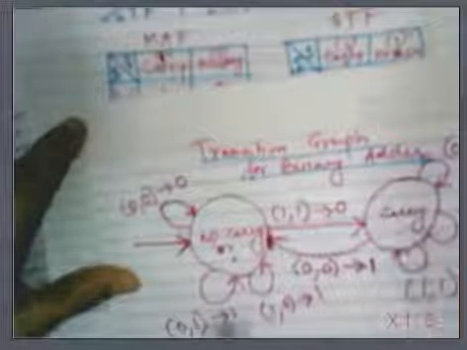So I have just mapped these two tables into this graph. Once again, I am repeating how I have prepared this graph. I have prepared this transition graph for the binary adder. Very first, what I have done, I have drawn two states. Now which state will be first and which will be next? It depends on what your initial state is. Since in the initial addition we don't have any carry, I have kept no carry as the first state.